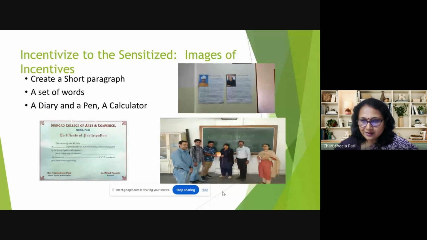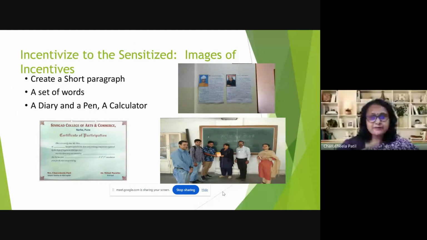This is another important thing, especially about creative writing. Many a time, if you are writing something different, you want some kind of recognition also. That's why various prizes and short story competitions should be conducted, so that the talent of the creative writer is highlighted, rewarded, and respected. So these are some of the examples.